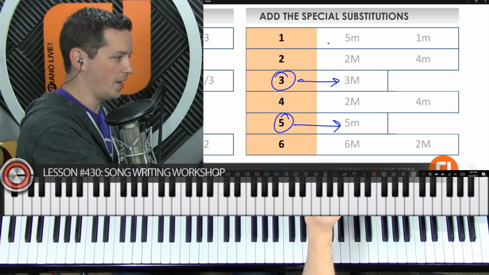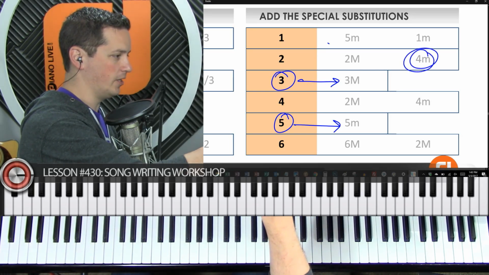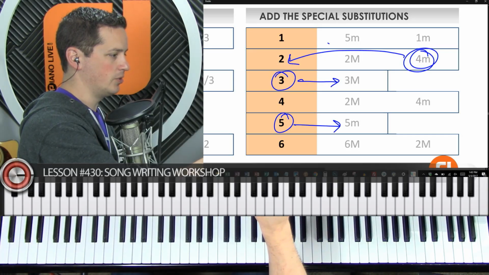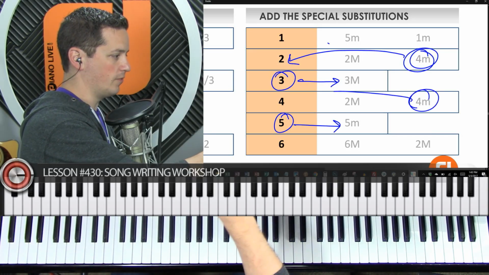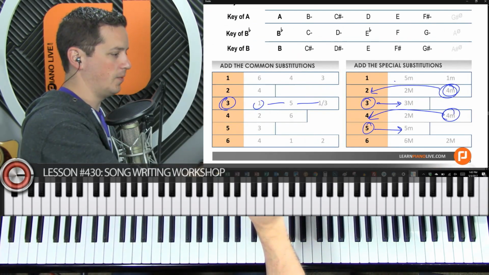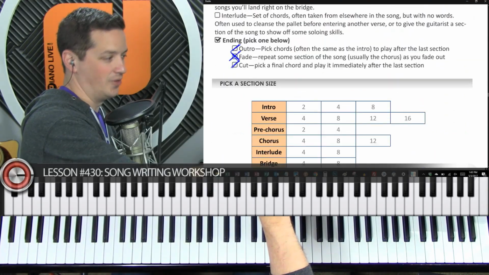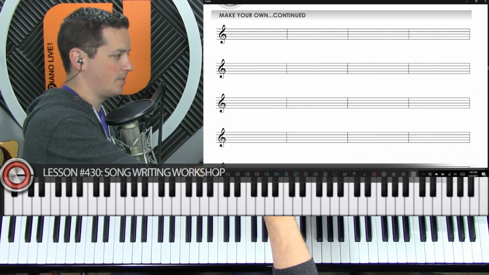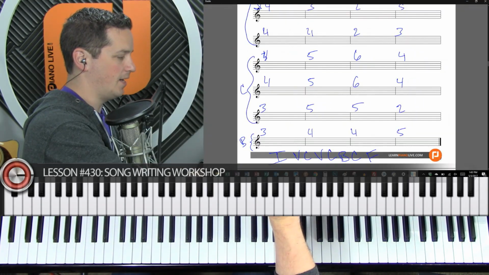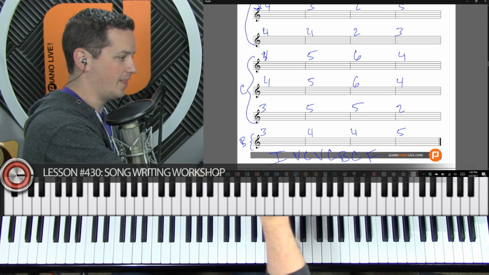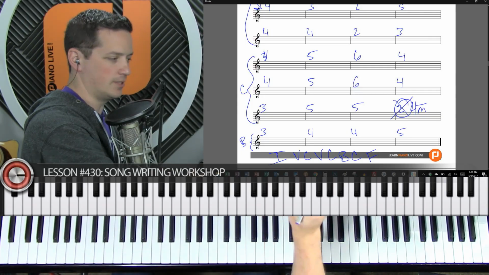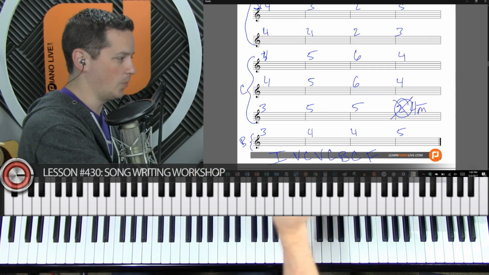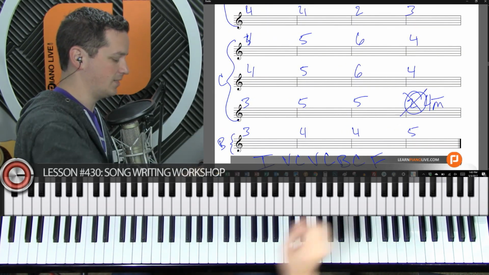I'm going to go ahead and try a minor 4 here for one of the 2s, or a minor 4 for one of the 4s. So we'll go up and find a 2 or a 4. I don't know what this is going to sound like ahead of time, so I'm not picking these on purpose. But let's try this one right here. So instead of playing a 2, we're going to play a minor 4. Just straight up substitute that chord in there. So that would make that line, instead of